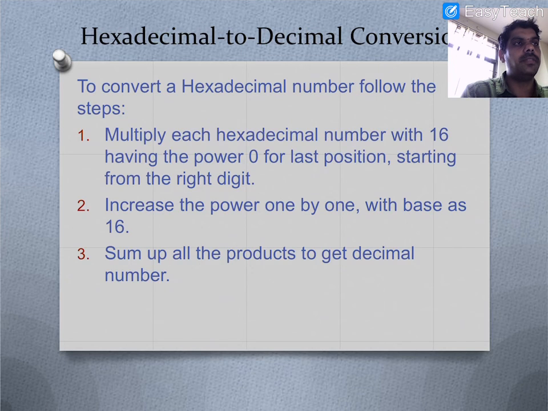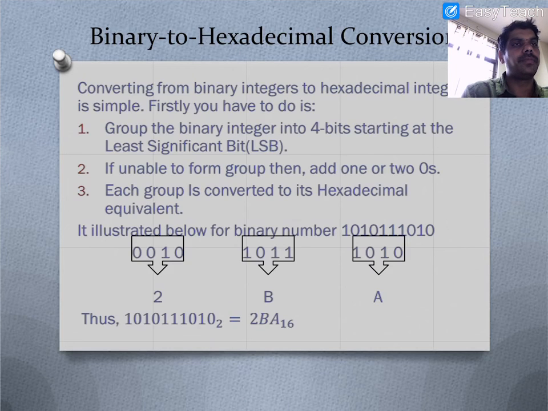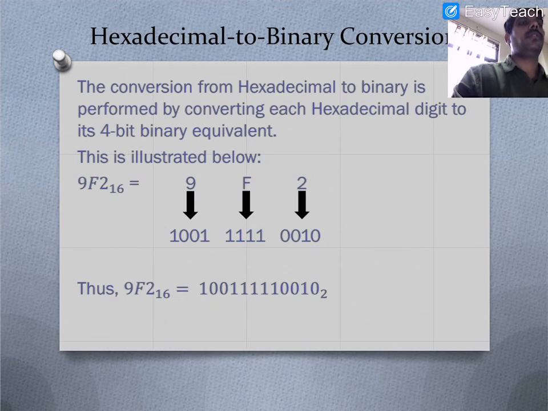And the same in reverse, hexadecimal to decimal, 16 power 0, 16 power 1, 16 power 2. And binary to hexadecimal. For binary to octal, we take groups of 3 from the least significant bit. Now, 2 to the power of 4 equals 16. So that's why we need to take 4 digits to convert into hexadecimal. And the same thing, hexadecimal to binary, each digit is converted into 4 binary digits. That's it. This is about the numbering system.